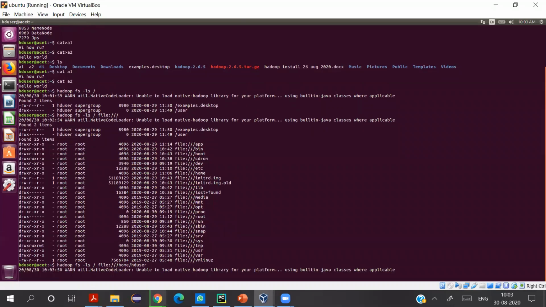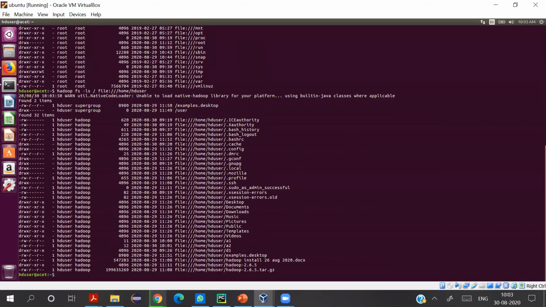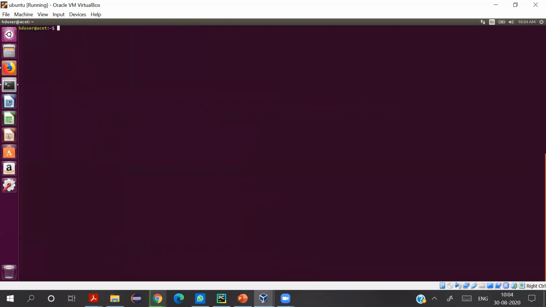Two files would be the same from the distributed file system, okay, and then the rest are the files in my local file system in my home folder. So this is regarding how to use the schemes, the hdfs scheme for HDFS and the file scheme for the local file system.